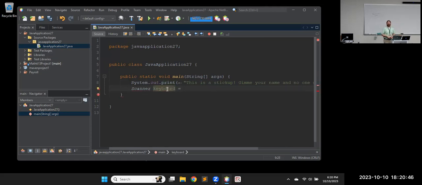Tutorials and textbooks always call the scanner input, but that's not very useful because sometimes we'll have lots of scanners. We need scanners for the keyboard and scanners for the mouse, scanners for the touch screen and scanners for files, all in the same application. So giving them all the same names, not very useful. I like to be specific. We've talked about that before, so nothing new here. We'll just use the keyboard, the default system input